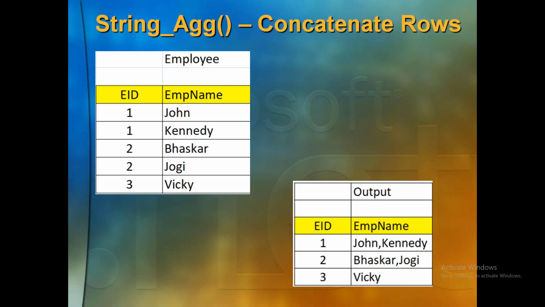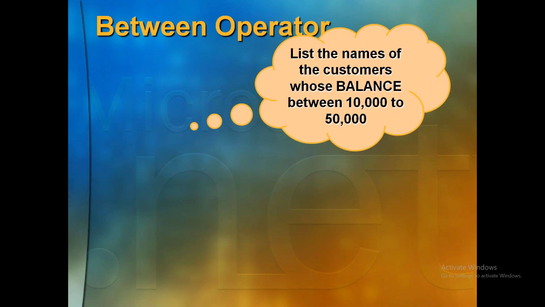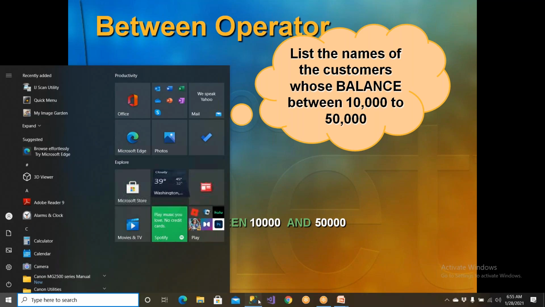So I wanted to go further and let us understand what is a between operator. List the names of the customers whose balance is between 10,000 and 50,000. So select name from account master table where balance between 10,000 and 50,000. When I execute this, you will be able to see